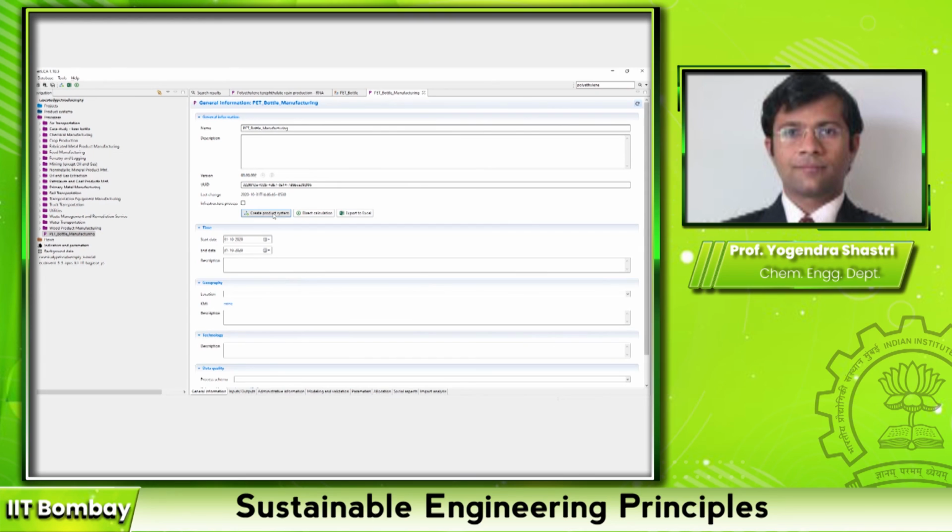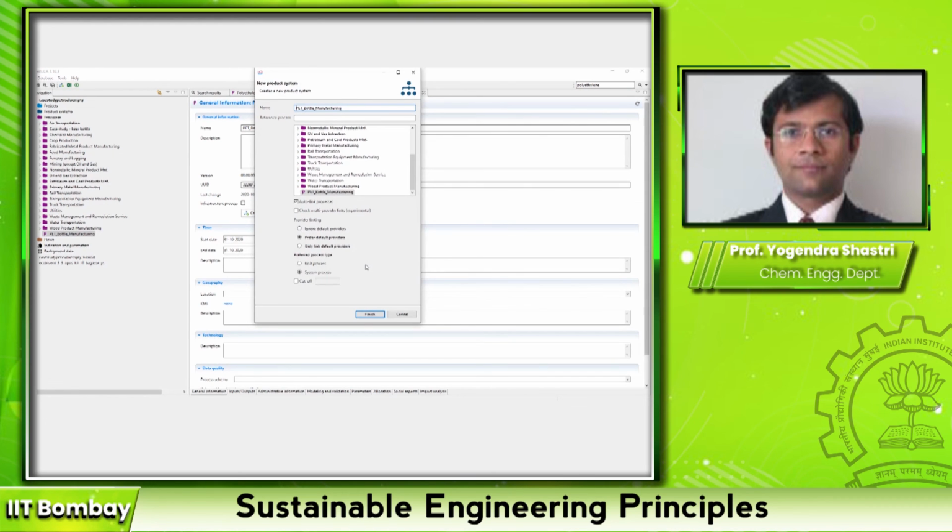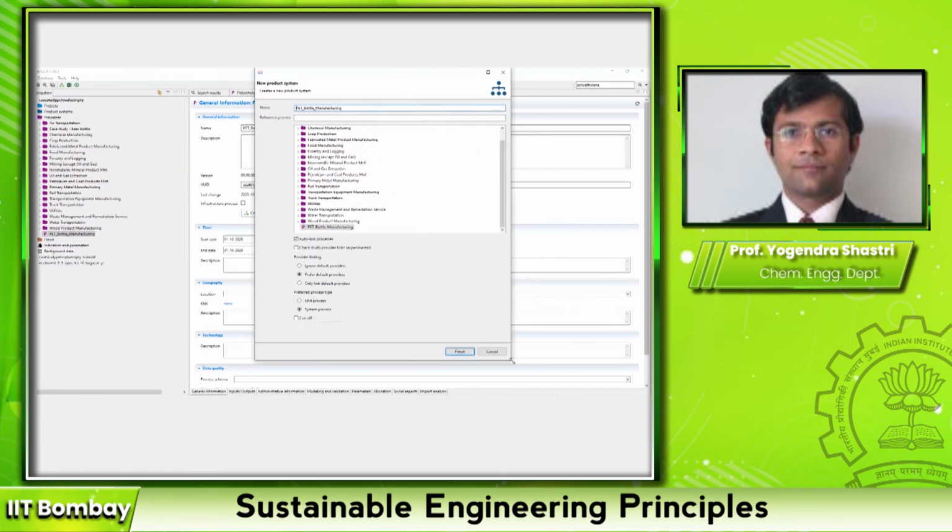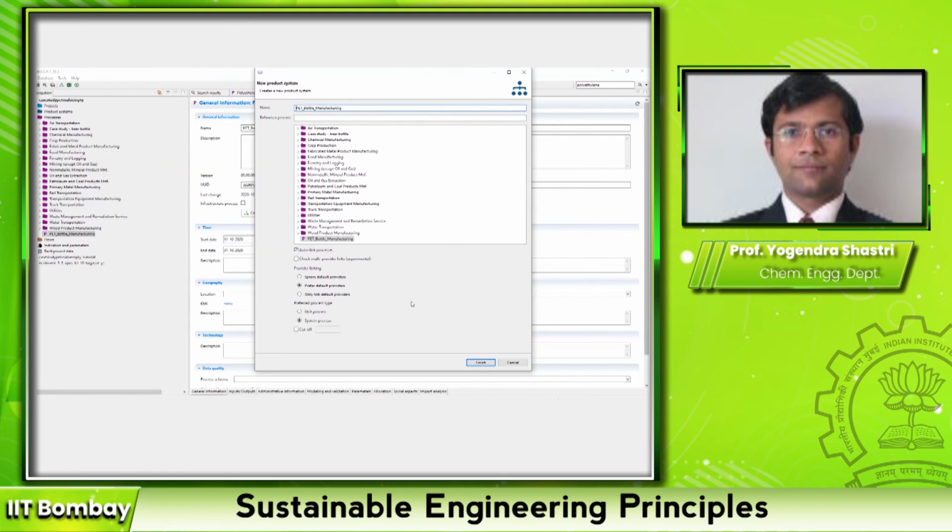So let's click on this create product system. Now you'll see several options here. This is a little bit confusing, but let me explain. The product system name, if you want, you can change here. I don't see any need to change it, but you can modify it if necessary. You also have to create a reference process.